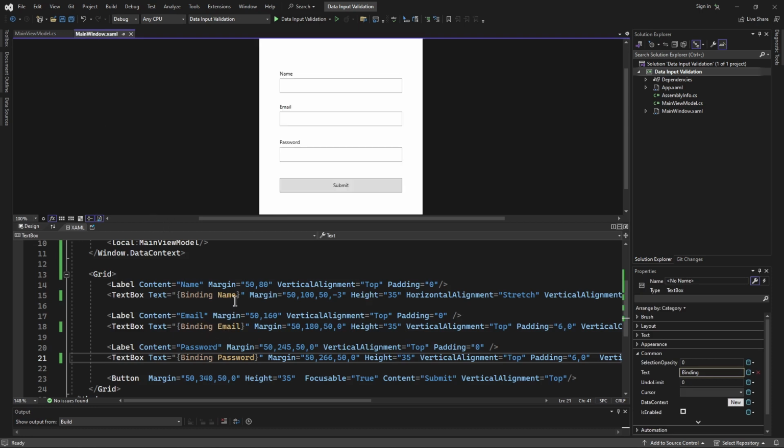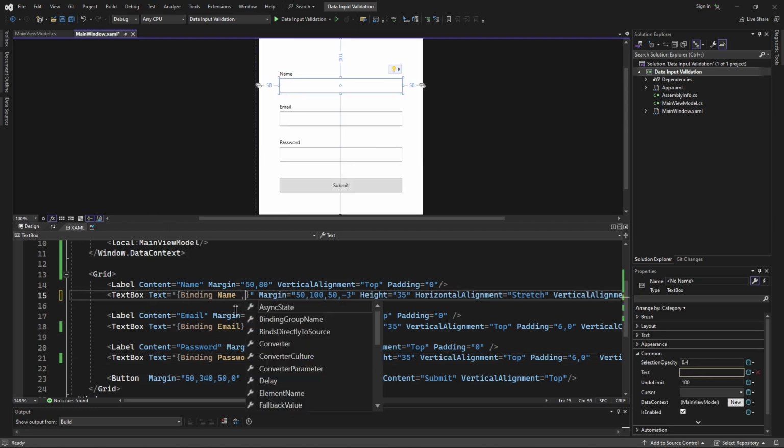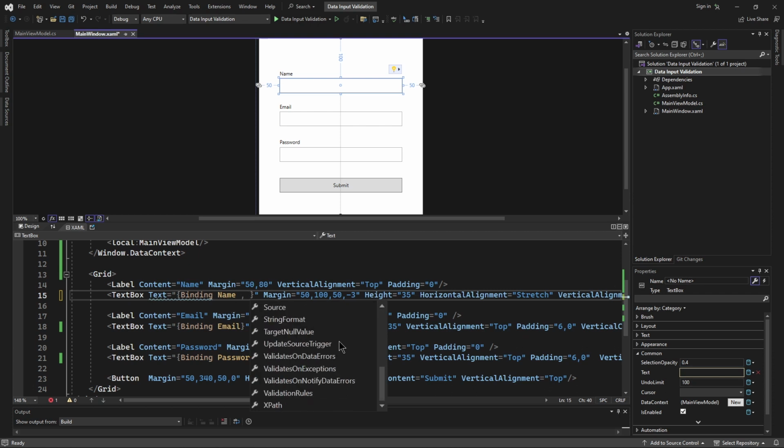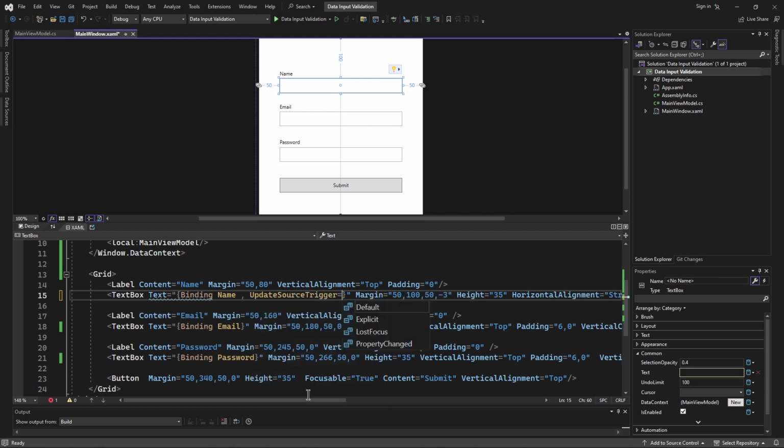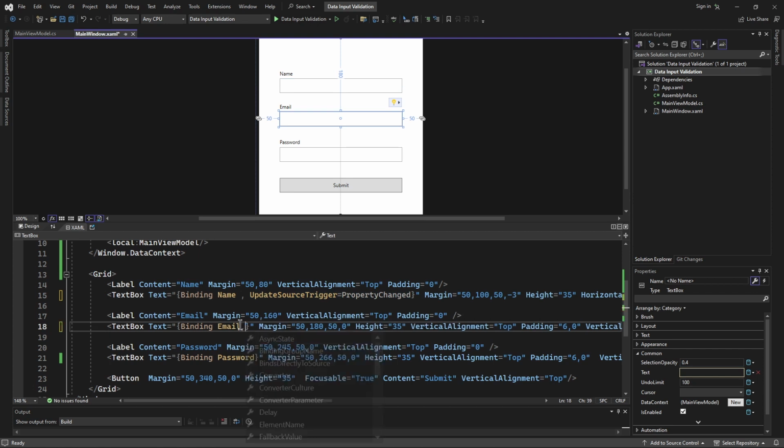All right, so here, to ensure that this is set every time I change the property, what I'm going to simply do is update the source trigger, which is our code behind, every time the property has changed. So simply update this value when the property has changed, instead of when the focus is lost. All right, I'll do the same for this